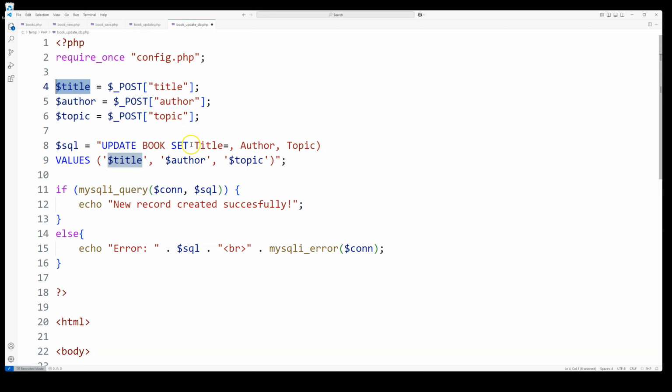So update book set title equals to this one, and typically this should be in single quotes like this,